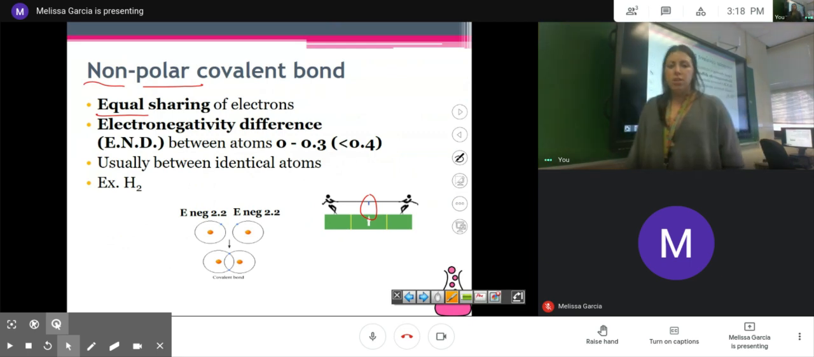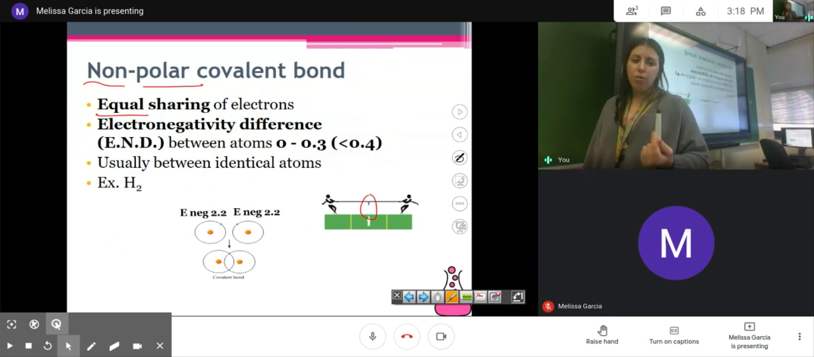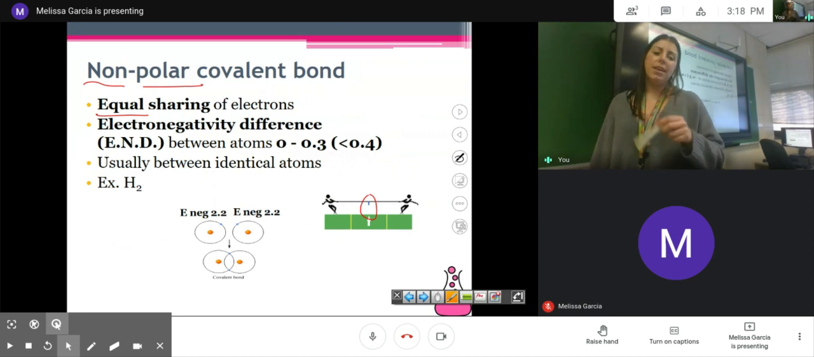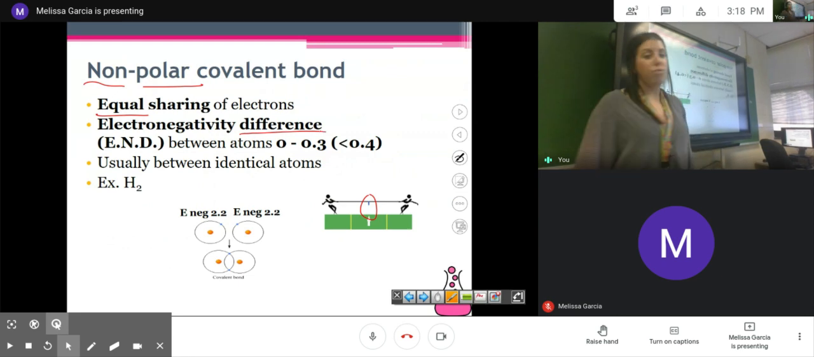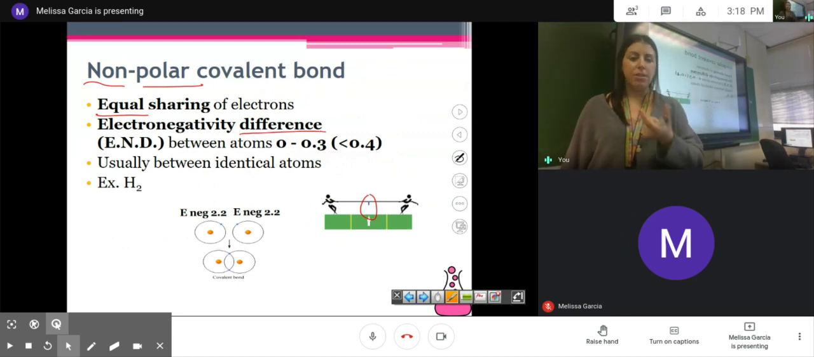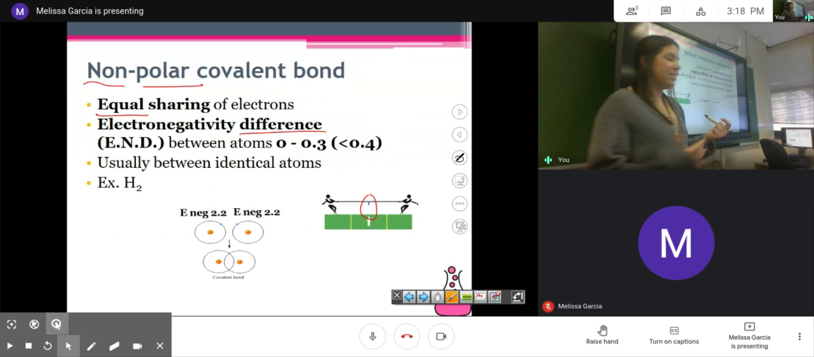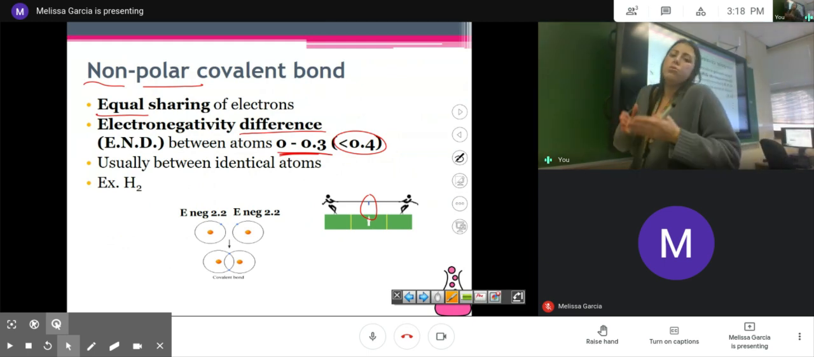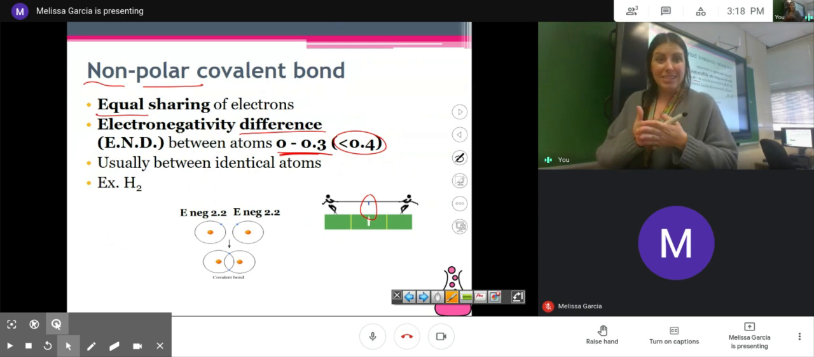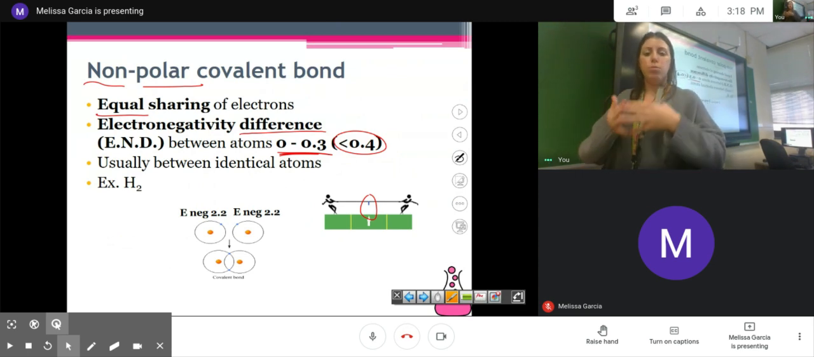This is going to end up being an equal sharing of electrons because both atoms are attracting the electrons with equal strength. So to determine if we have a non-polar covalent bond, we're going to look at the electronegativity difference between my atoms. Difference meaning we're subtracting. So we'll take the two atoms that are involved in the bond, we'll subtract their electronegativities from one another to come up with a difference, and we'll look at that difference. If that difference is less than 0.4, which means it's from 0 to 0.3, then we say that the difference between their strengths is so small that they are basically the same,